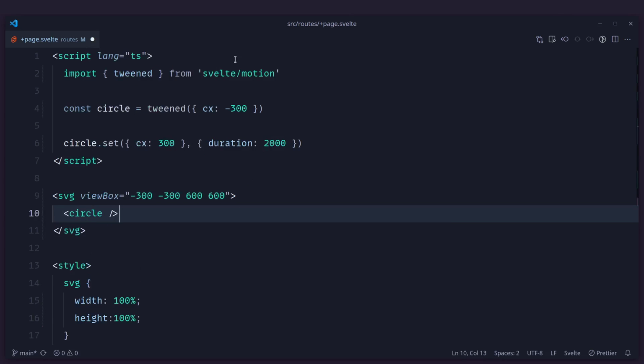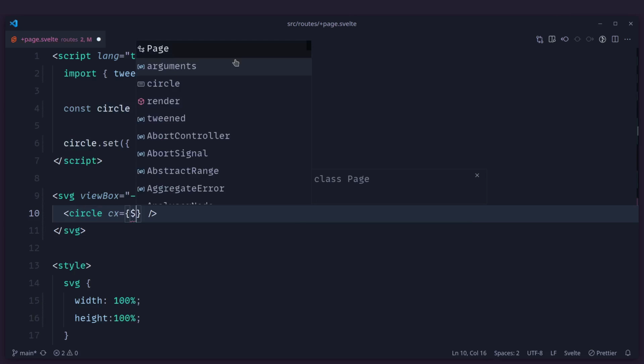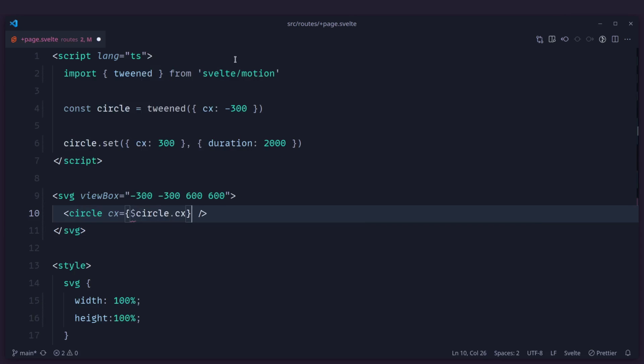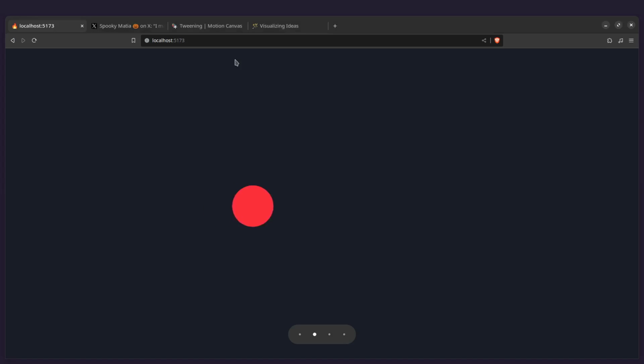All right, so now we're going to create circle. Another problem with Motion Canvas, they're using Canvas, so they have to implement all of these things from scratch. I don't know about you, but I don't have 200 IQ. So I prefer to use SVGs because we already have these shapes for drawing things and etc. We can animate. So I'm going to say CX, and then we can just use a store by saying circle CX. Now we can specify CY, which is going to be 0. We're going to specify the radius, which is 40, but you can give it whatever you want. And then let's give it the same fill. So you can say pound E13238. All right, so let me just save this and let me look at it.